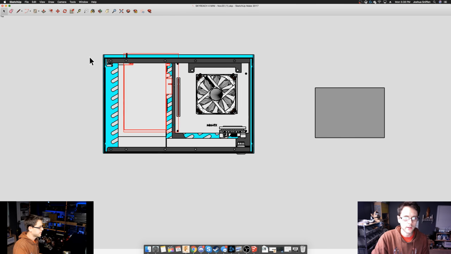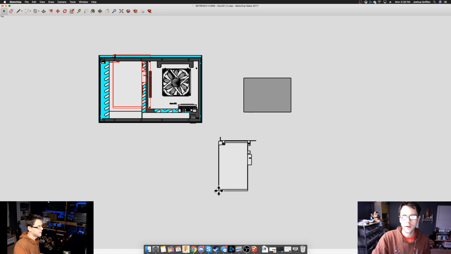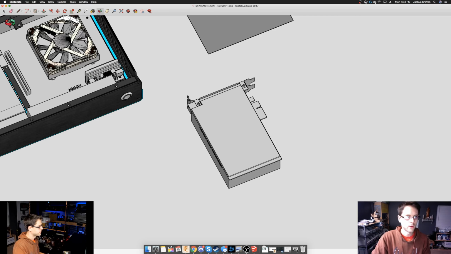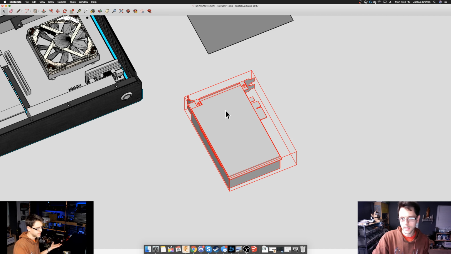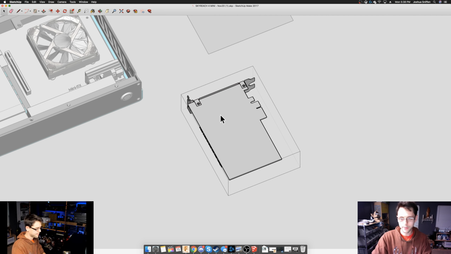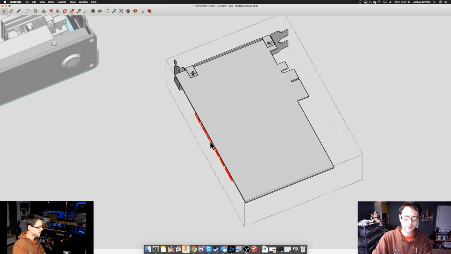I'm going to take this graphics card I already have for reference. I'm going to copy it, paste it. That way we're going to have the PCIe connector, all that kind of stuff already modeled and accurate. I'm going to double click it to break through the group. And I'm going to select this backplate, hit delete. Same thing, double click. I'm going to get rid of these markings on the side. And I know that this dimension on this line right here